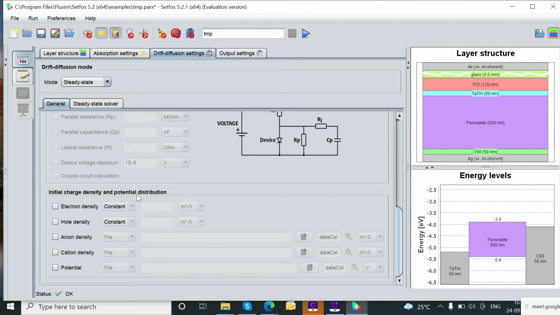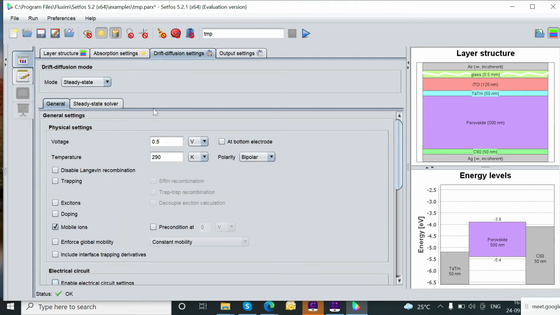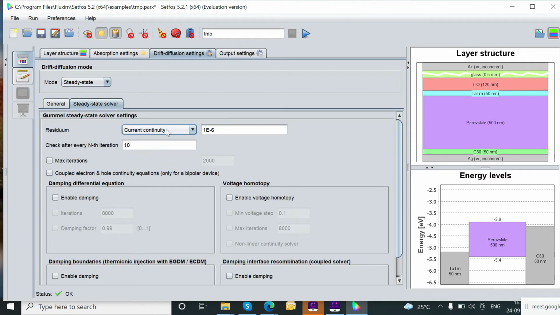So which things you would like to do, that you can enable it and click on doping. And now there is electrical circuits parameter. If you want to attach the electrical circuits, then you need to check the respective checkbox and define the value in ohm or area in kilo ohm, mega ohm, giga ohm. This value you can define.